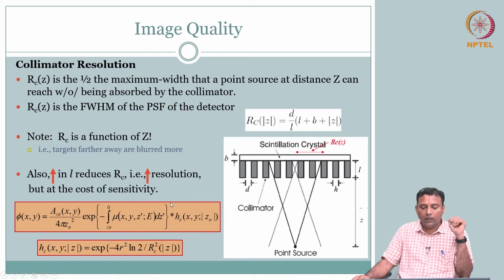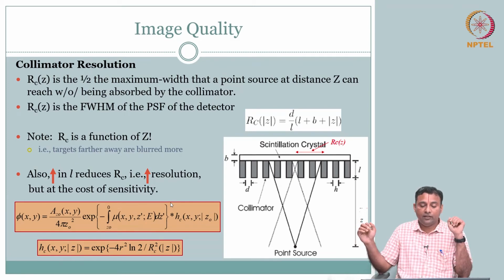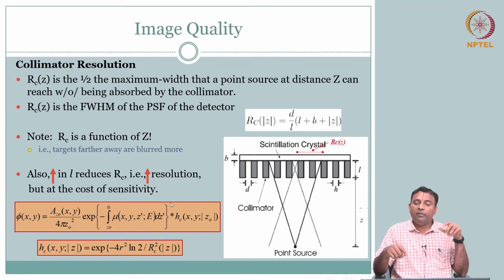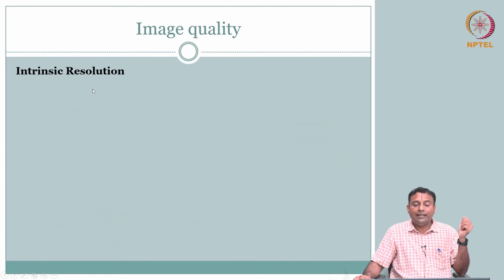Okay. So, is that all? Is there any other resolution that we are worried about? Because we are interested in the image. After the collimator, what is there? You have a scintillation crystal. Even in the image intensifying screen we noticed that there was an effect of thickness. So, here that means that should also have a part. We call that intrinsic resolution.